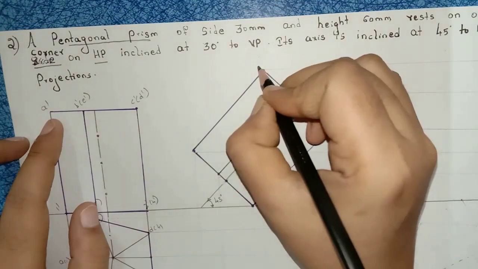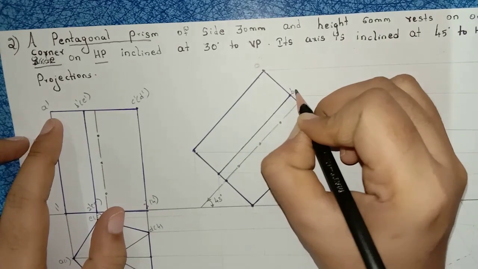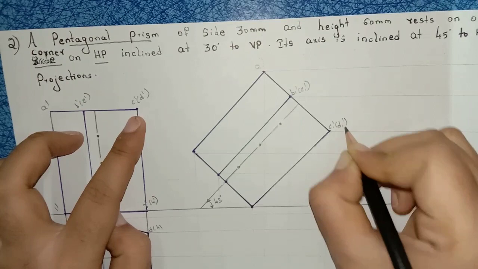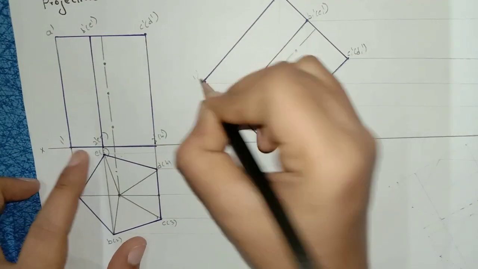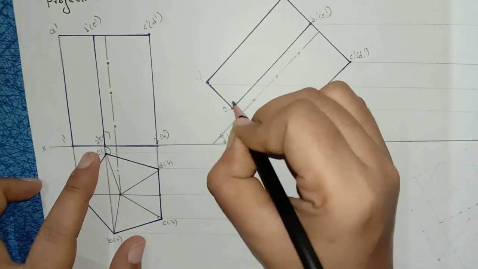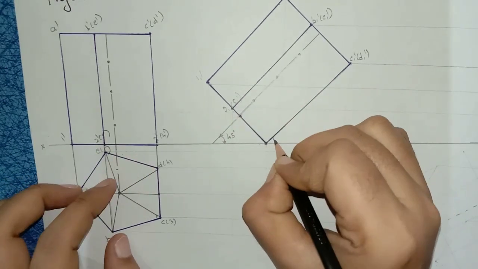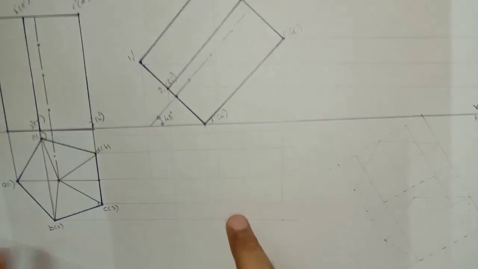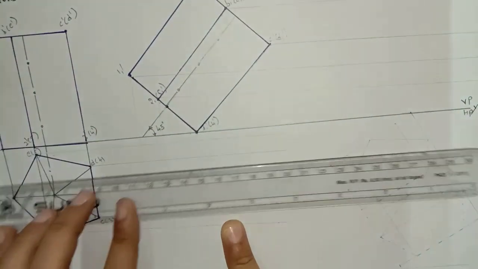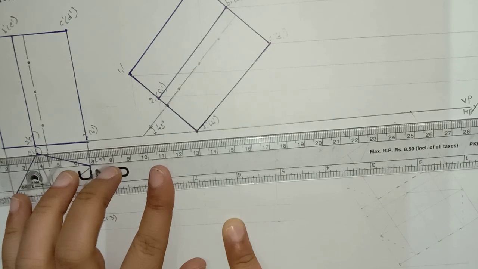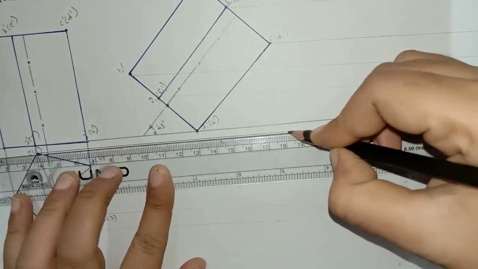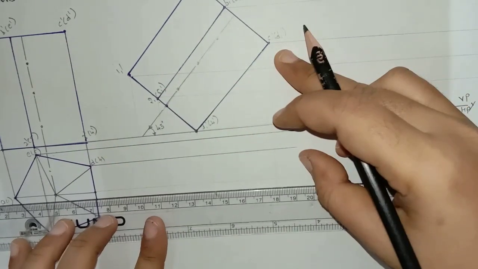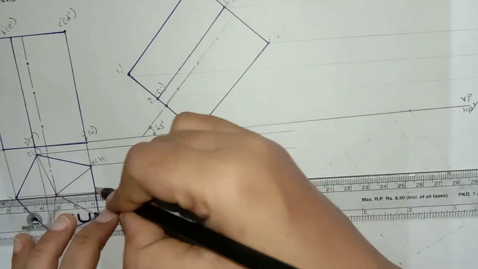Right? Now same points mentioned here, A1 dash, B1 dash of E1 dash, C1 dash of D1 dash. Right? Again here 1 of 1 dash, 2 1 dash of 5 1 dash, 3 1 dash of 4 1 dash. Right? So 1 2 3, I should construct fourth step here. So in order to construct the fourth step here, from every corner of the pentagon, I should draw the projectional lines of any length. So I am constructing the projectional lines here.